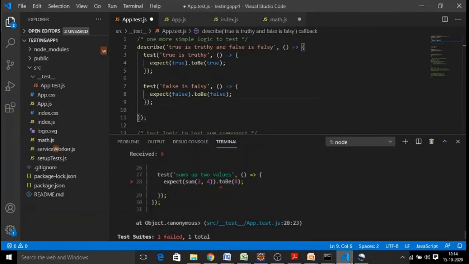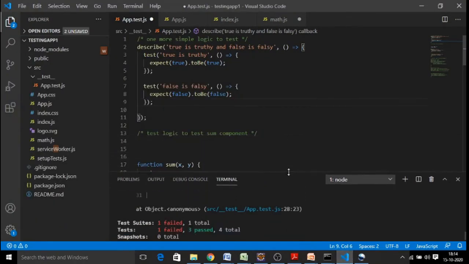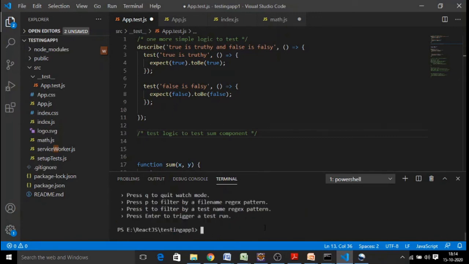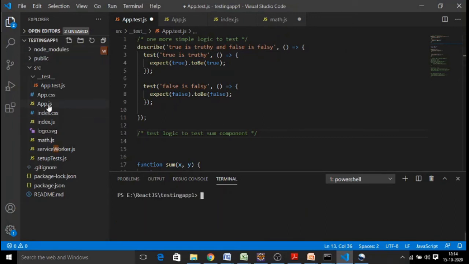Here we will look into one simple example of how we make use of the describe block and then test blocks, and test can also be replaced with your it block, and we will use describe to combine multiple test cases. Now let us say we have our app component as it is, and we have our app.test.js in the test folder. It can be in the src or in this folder, and the command to test is npm test itself. First let us look into the describe block.